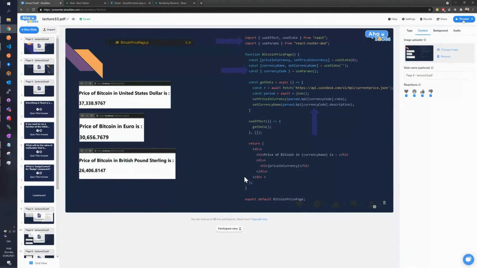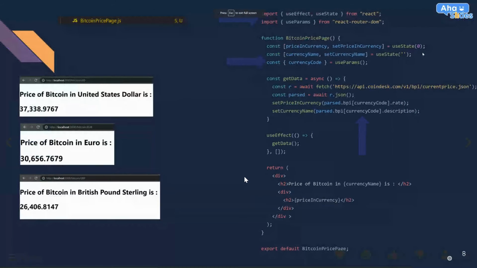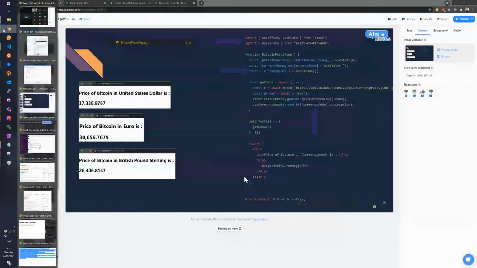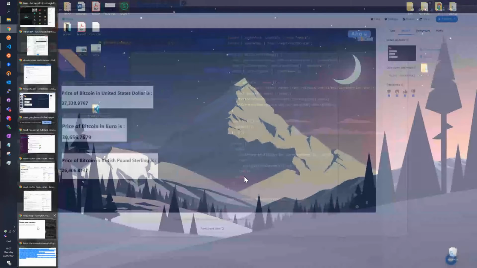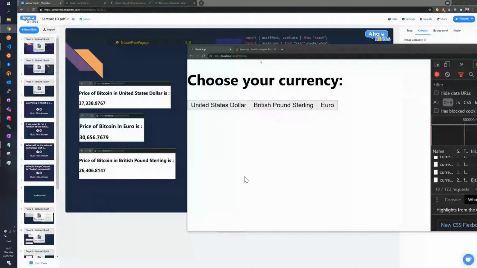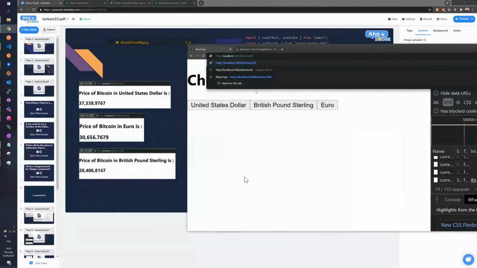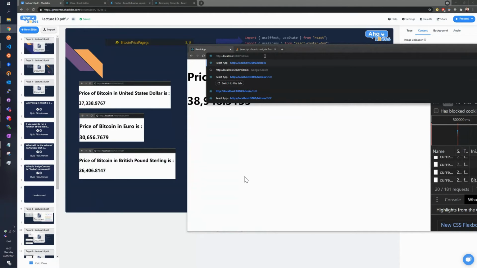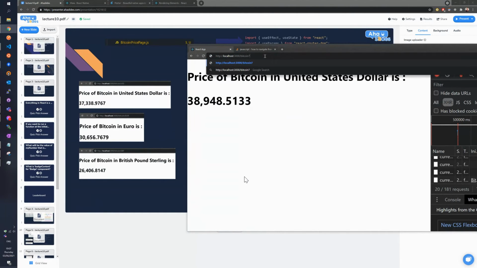Yeah, so in the meanwhile, what I'm not going to manage to show you today is a nice challenge for you to try, ideally in your group project, or if your group project somehow does not contain dynamic routing, what I suggest you try is to adapt this Bitcoin page in such a way that instead of going to /Bitcoin/USD, a nice challenge would be to go to /Bitcoin and then a query parameter, currency equals USD.